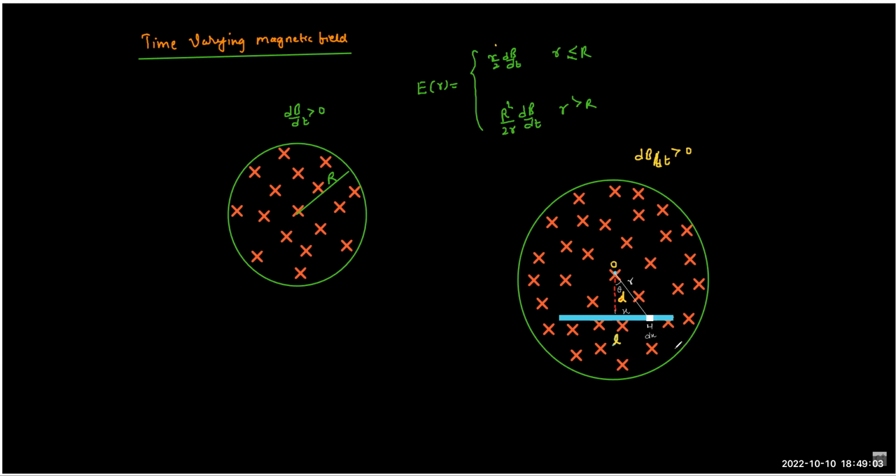Now, if dB by dt is positive, which means the inward field is growing with time, and I hypothetically assume a ring passing through the elementary piece, what will be the direction of induced current in that ring? It is perpendicular to R. Correct, very good. If you draw a concentric ring,